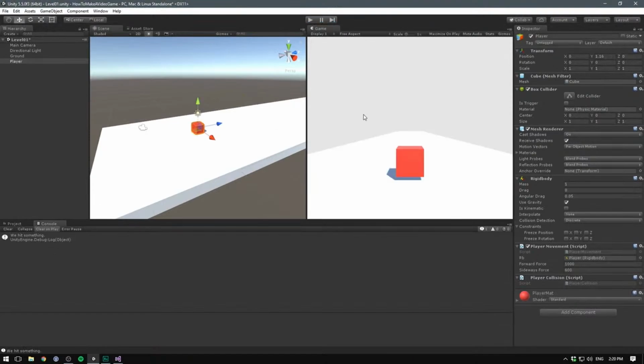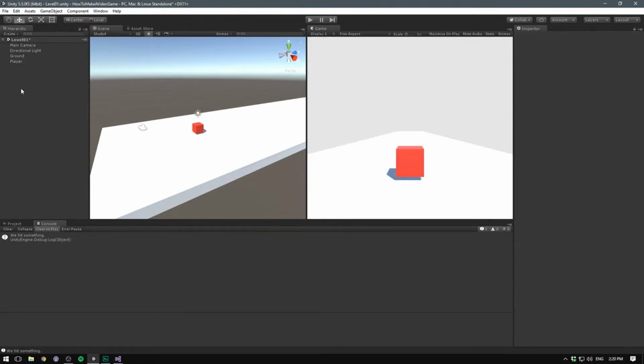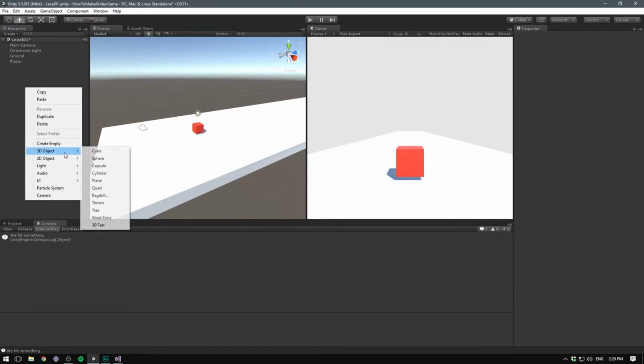So let's try and add an obstacle to our scene. We can go over here in the hierarchy, right click, go 3D object